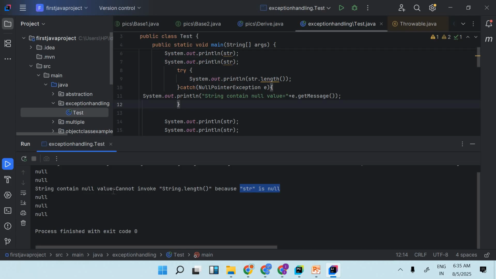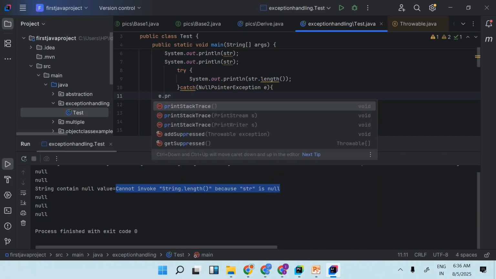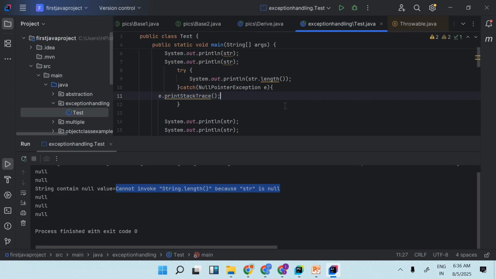So that is my message, a developer message, and after the equal sign, whatever message we are getting is the JVM message. Whenever we get a JVM message, getMessage is the method for that. And we have one more method, printStackTrace, which we can call directly without sysout. We can directly use e.printStackTrace. What does it do? It directly throws the exception. So if I run it,